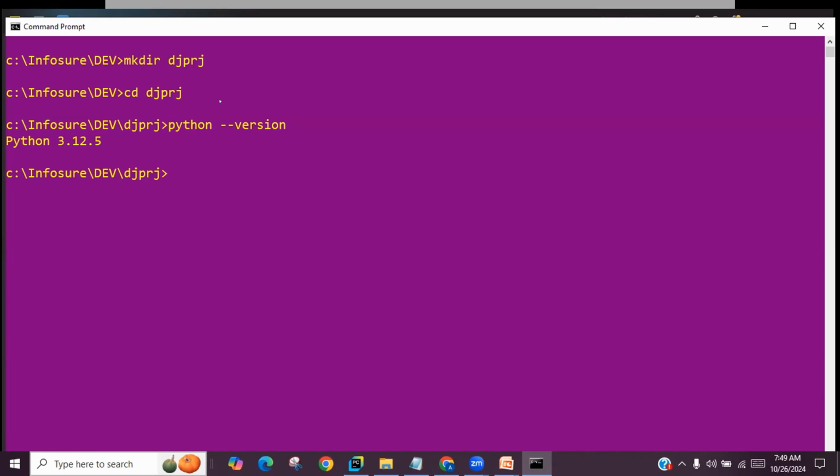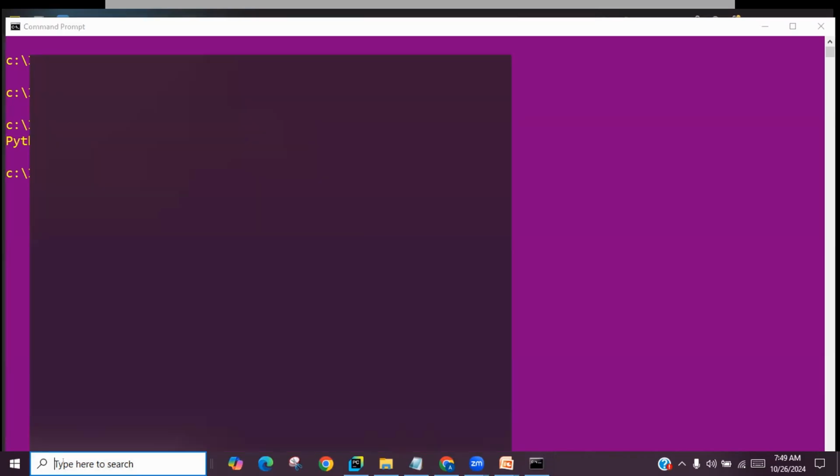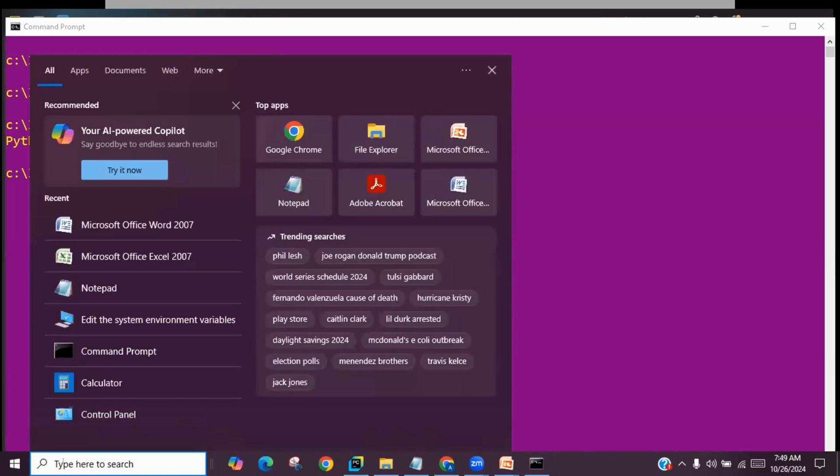Not here. Suppose you want to take it to 3.12, and we have seen earlier that there is the path, right? So all the paths point to that. Suppose you want to get rid of the earlier one and bring it to the latest only. I will not be using the old one at all, and I want to keep this as the latest one. In the environment, you can go to